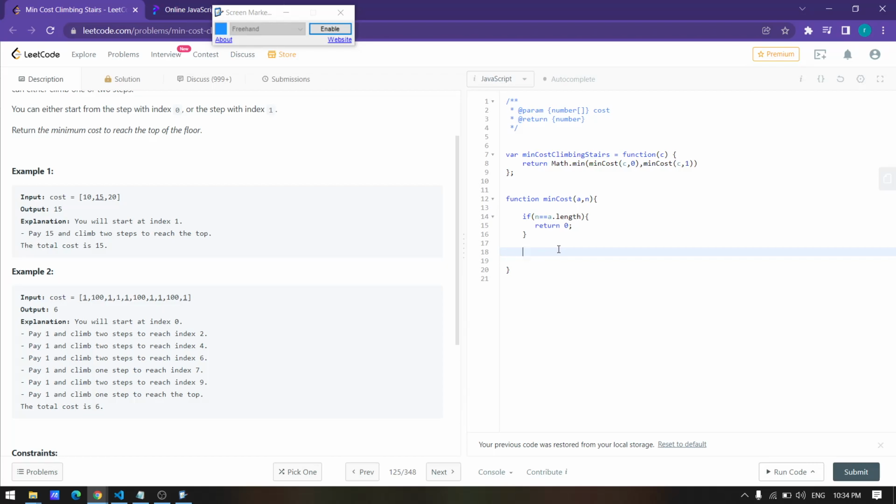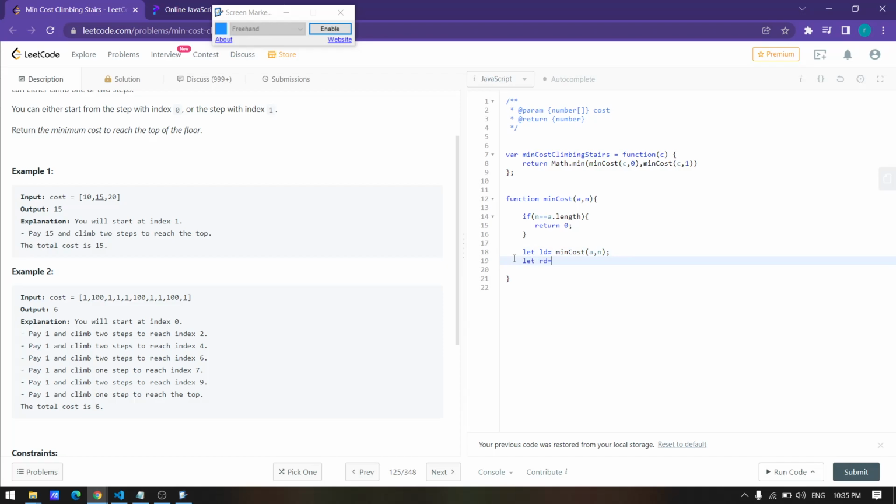So the recursive case, sorry. Here a and n is there. Now you have to take the value of this or this. So I will declare one let, and let's suppose, what naming convention can I use? Let's suppose I have LD is equal to, I will call this min cost function, a comma n.